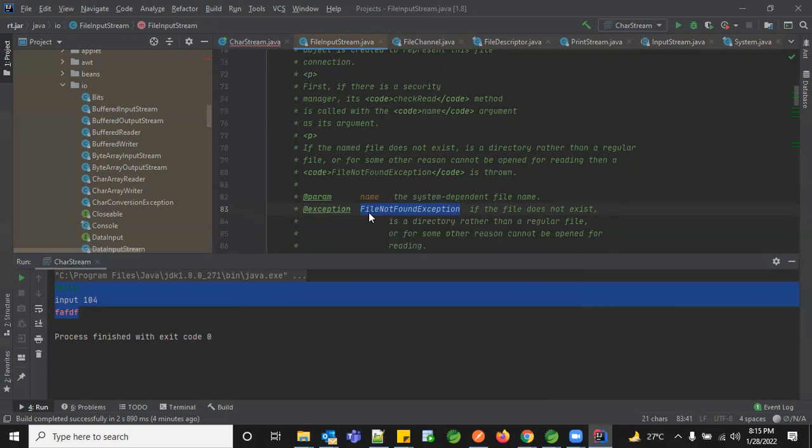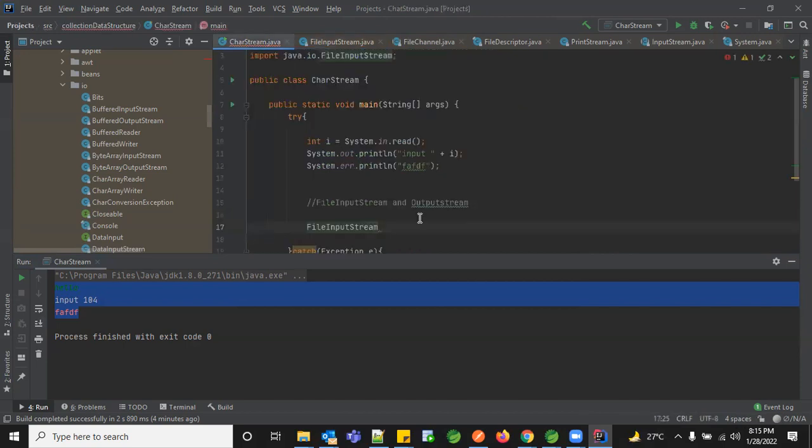So which is very common. And whenever we work on file-related programming, we have to make sure the file privileges are given and the file path is very accurate, so that we can avoid ending up in a FileNotFoundException. We can avoid most of the exceptions which we can predict easily before experiencing them in the runtime environment. So now let's see how to go with the FileInputStream object.